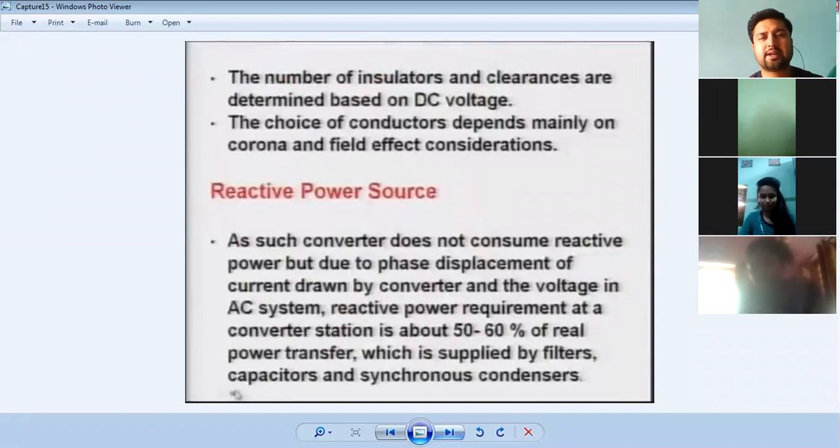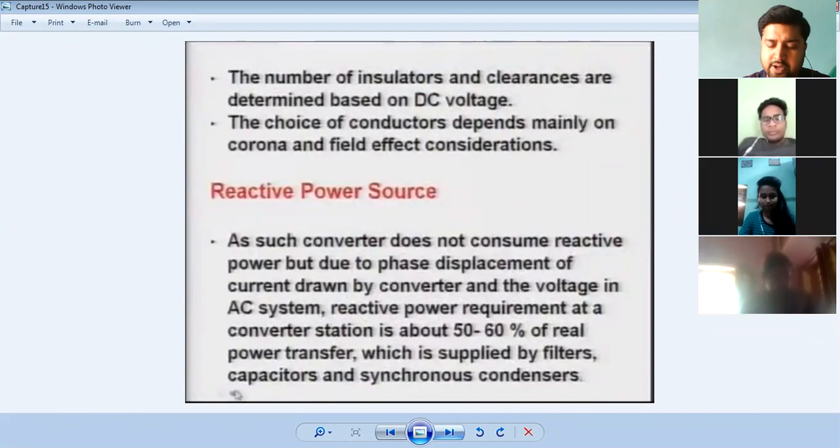The number of insulators and the clearance are determined based on the DC voltage. The choice of conductor depends mainly on the corona and field effect consideration. Here you can note one thing. For monopolar transmission, we can use only a single conductor, and for bipolar and homopolar, we can use double conductor. Okay, so